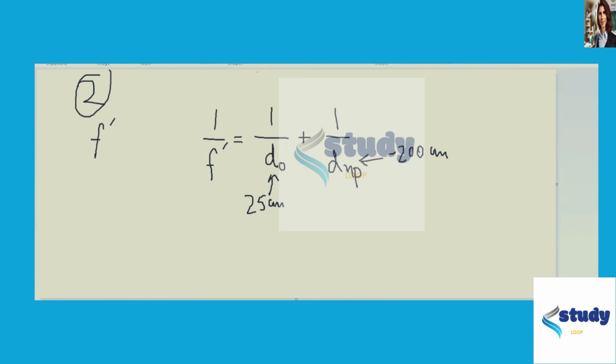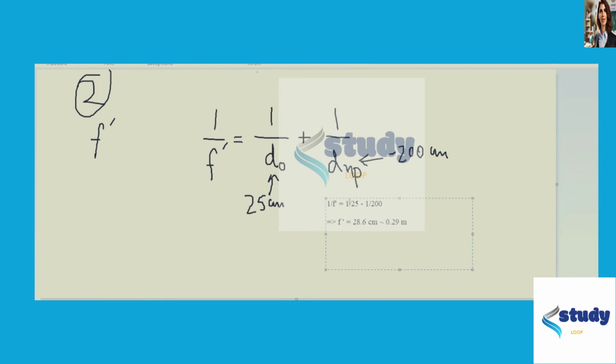So 1 over f prime is equal to 1 over 25 minus 1 over 200. Once we compute it, we get f prime equal to 28.6 centimeters approximately, which is approximately equal to